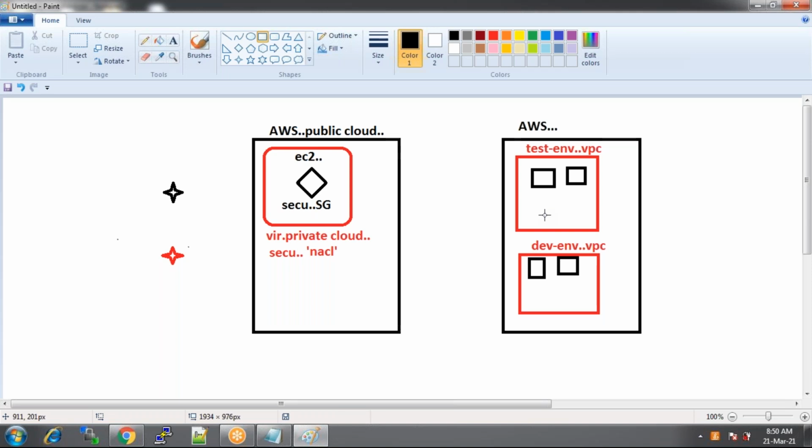But if you don't have any VPCs and you want to create a new VPC, then you create a VPC first, and then you deploy the EC2 instance in it, and then you provide security at the network level, also at the instance level. So this is how you do it. We don't create instances just like this, what we have done so far. We have been creating instances, but within a VPC.